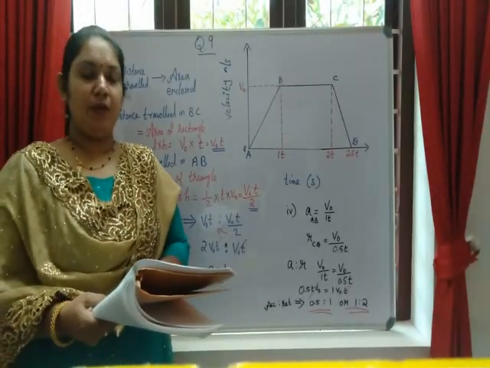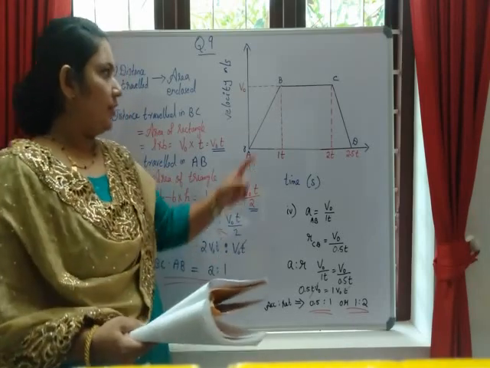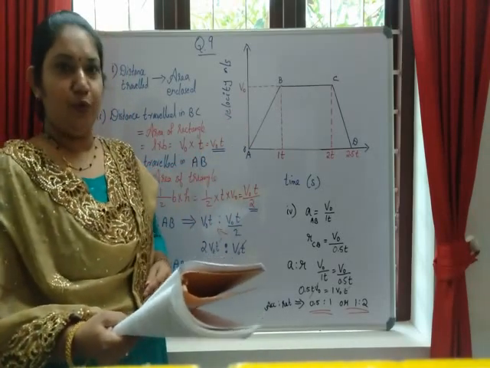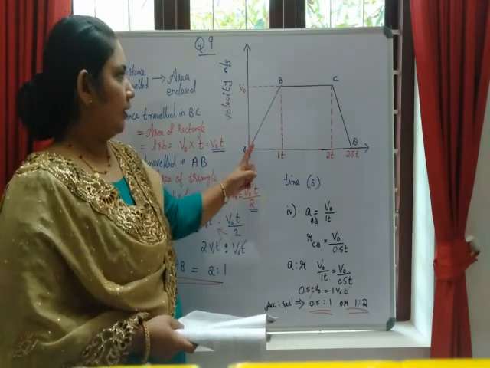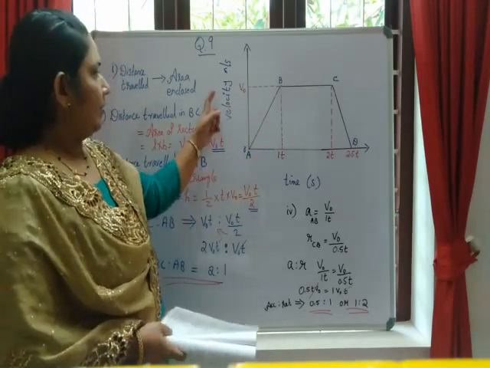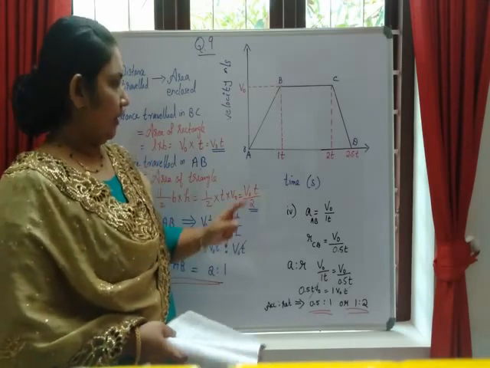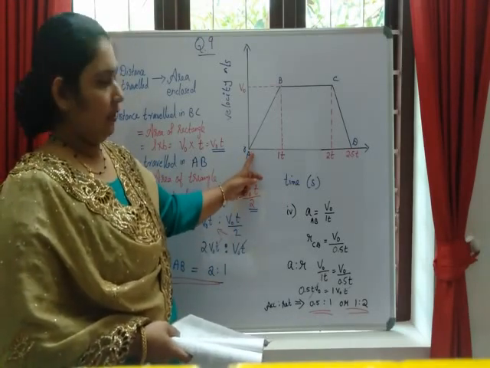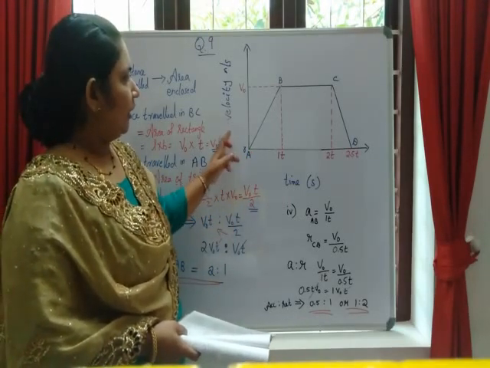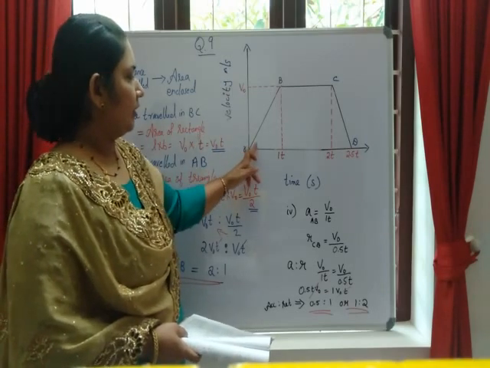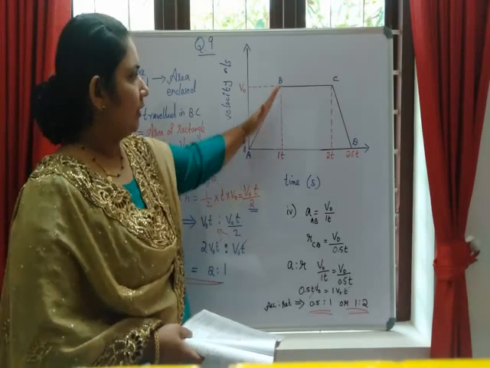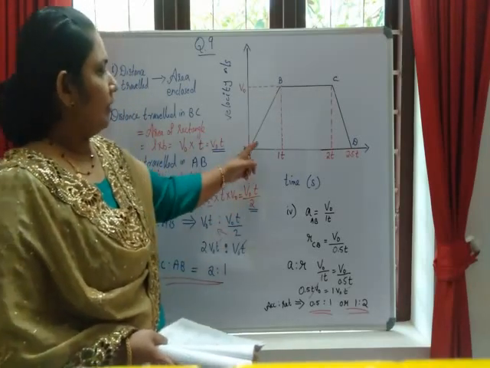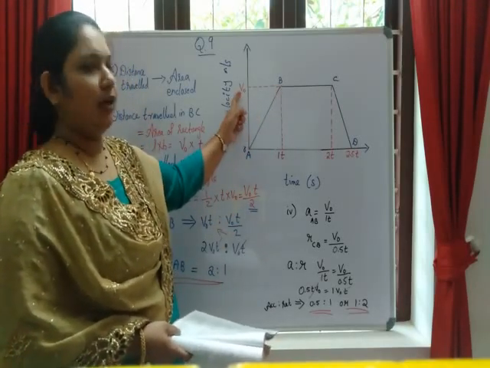Next, question number 9. Here a graph is given in the question, figure number 2.42. I'll just explain the graph. Here you can see the motion of a body. It's a velocity time graph. Initially the body is at rest and gradually the velocity increases. You can see the gradual increase in velocity. It's a uniform acceleration, that is why it is a slope. And the velocity increases and reaches the final value V0.